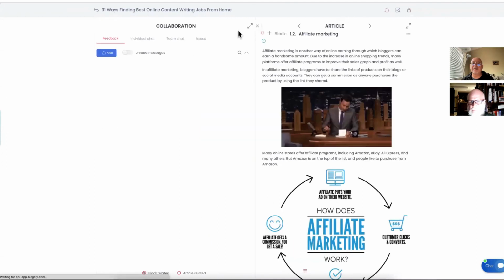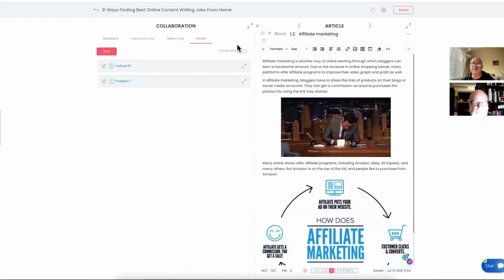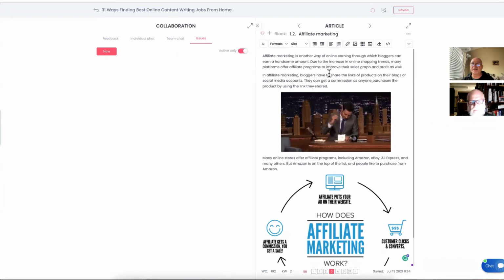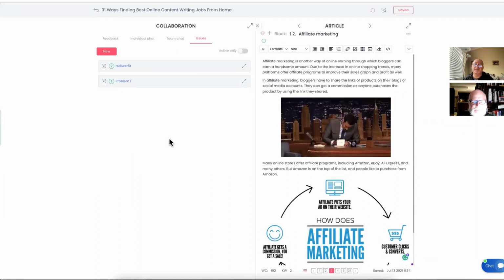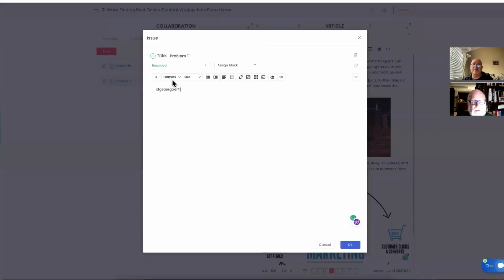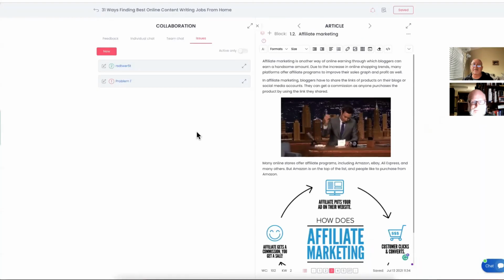If I want to click here and see all the issues, I just do it from here. See, these two issues are there. Right. And I like the slider that lets you filter out the completed ones and only see the active ones. If I see only active ones, you don't see anything. So this is closed. But can I reopen the issue? Yeah. Open it up. I can simply click on edit and say, okay, it's not resolved. It's back to active. Now it's red again. And you say active only. Now I can see active only.